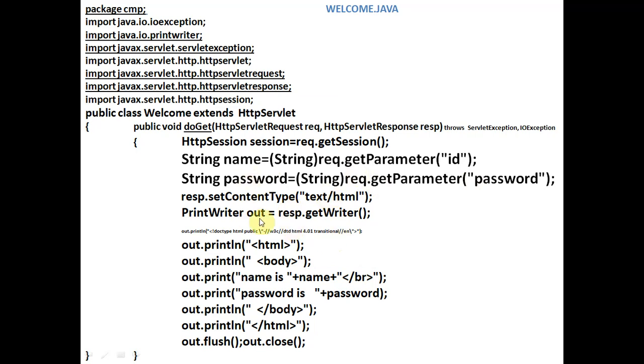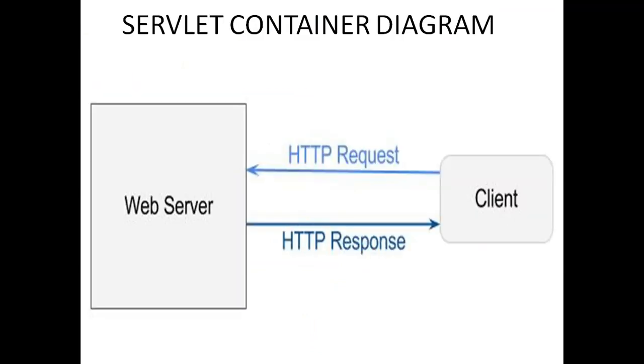So again you can see the diagram where when client requests to server, means ID and password will transfer to the server, and web server will obtain an object for writer, and it will write whatever it has, the information web server has, to the client.